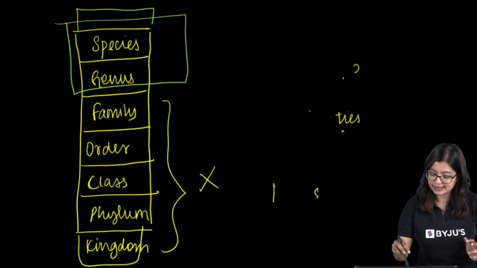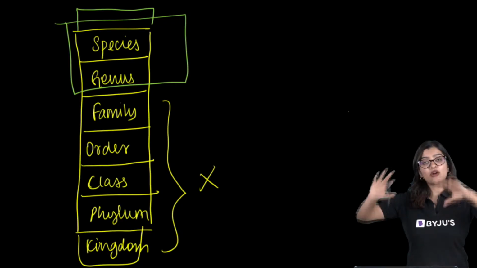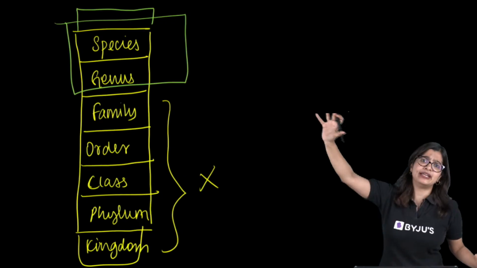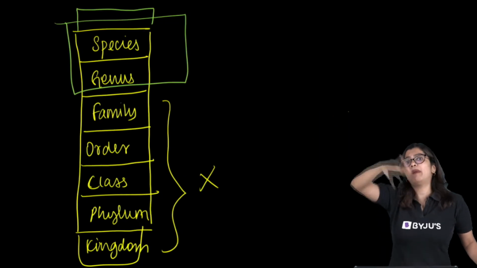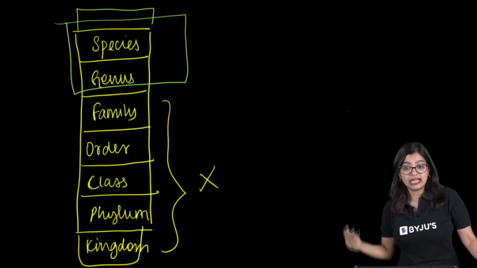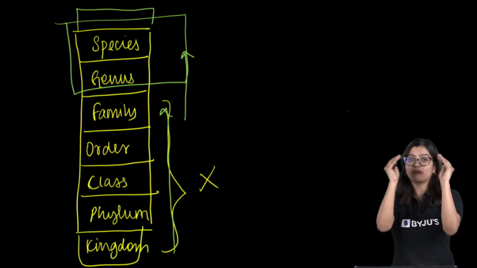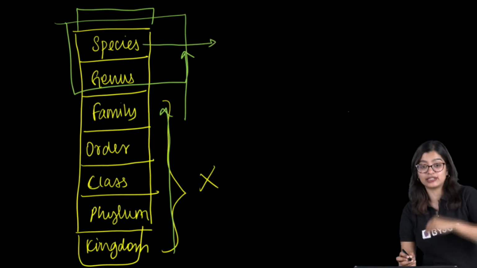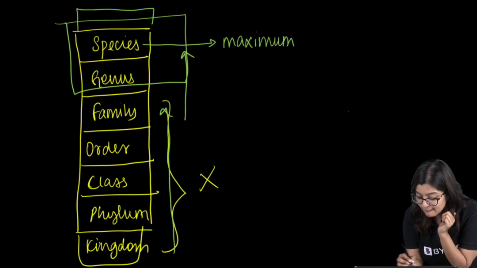So what do we mean by this? Let's understand. At a kingdom level, organisms are broadly grouped. For example, kingdom Animalia means all animals are under kingdom Animalia, or Plantae, where all plants are under kingdom Plantae. So that's a very broad classification. But later on, as we go, they will get fine-tuned, smaller and smaller. And at the level where it reaches species, we see that these are organisms which have maximum